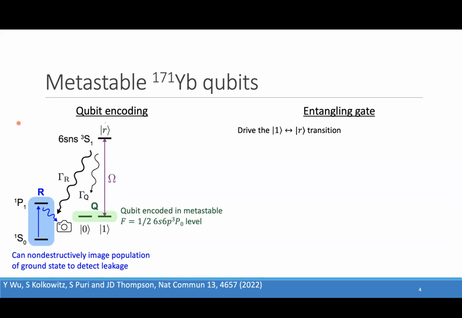So we're going to drive this transition from our qubit subspace into a very highly excited state called the Rydberg state. And in particular, we're only going to drive the 1 state to this Rydberg state. The 0 state, we're going to apply a pulse that doesn't do anything to the 0 state. And if we do this,